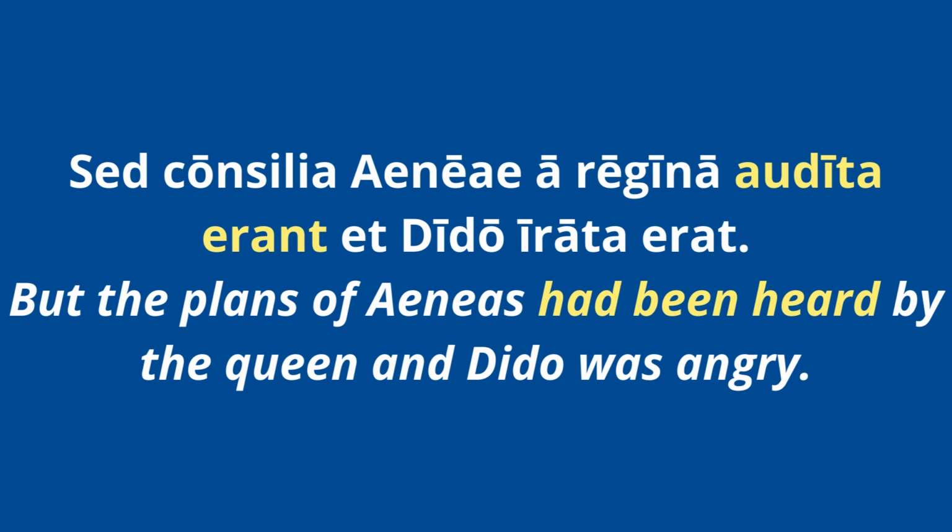It's pluperfect passive voice. But the second part of this sentence is something that catches my students sometimes. You have errata erat. Now, audita and errata are not the same thing. Audita comes from audire. It's a participle. It comes from a verb. So audita erant is pluperfect passive because you have that fourth principal part plus the verb to be. Erat is also imperfect of esse, right? But it's not part of a fourth principal part. Errata is just a normal adjective. It means angry. So you're saying Dido was angry.